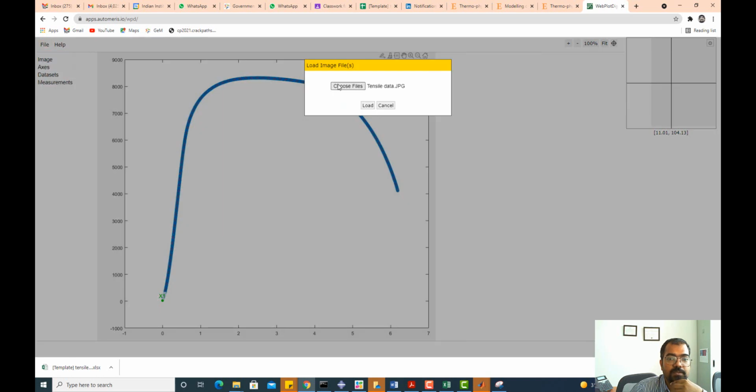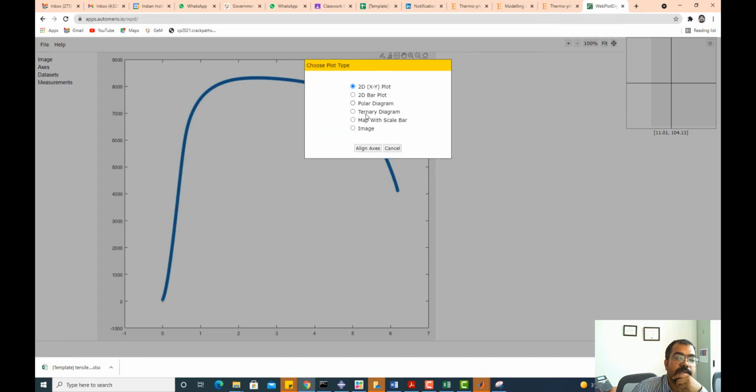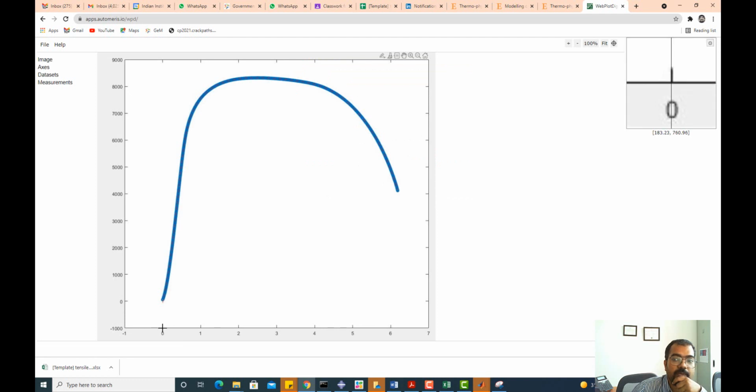So file, load images, choose file, and take this file, load, align axis, and proceed, and let me take 1 point exactly here. So here, and another point. So you should take 2 points as far away as possible. So let me take another point here. Let me take point for,